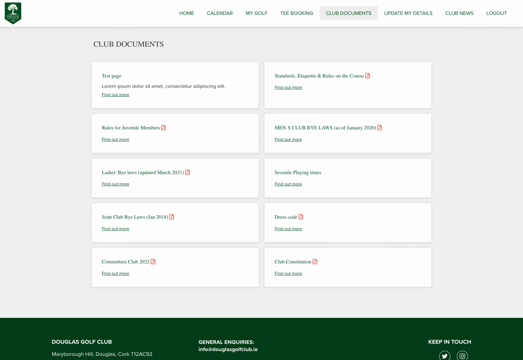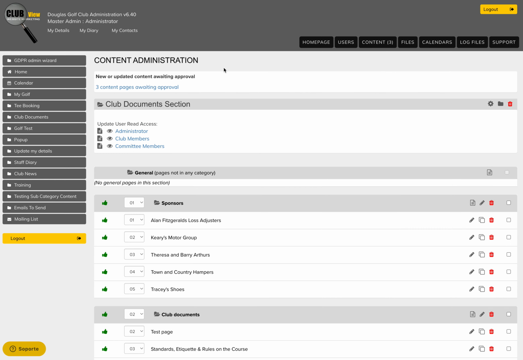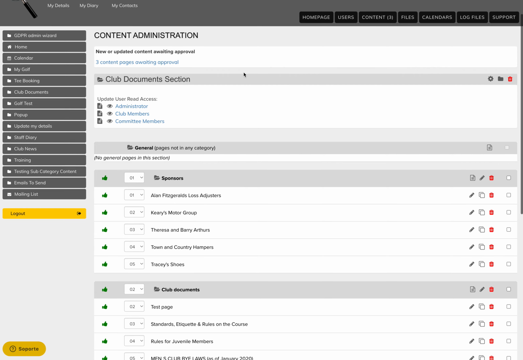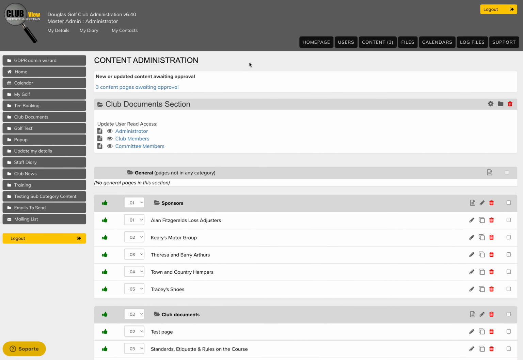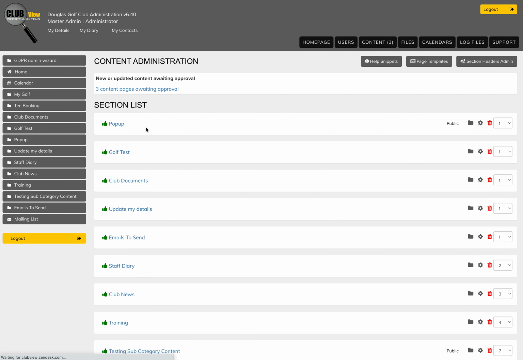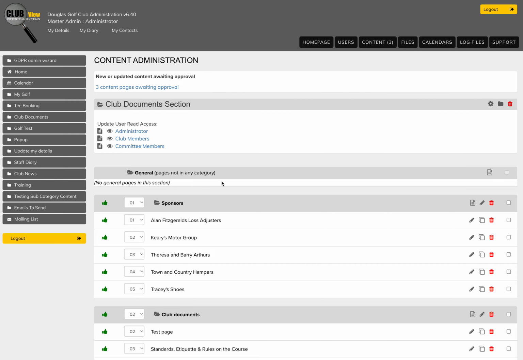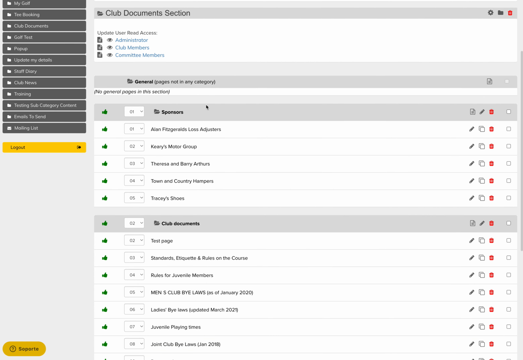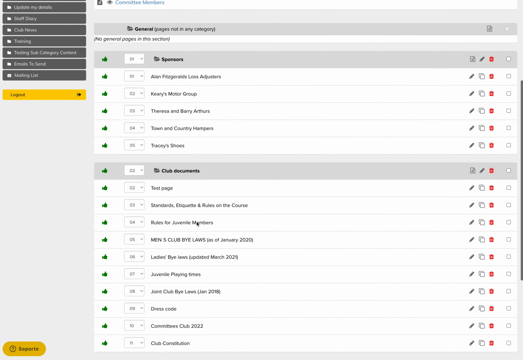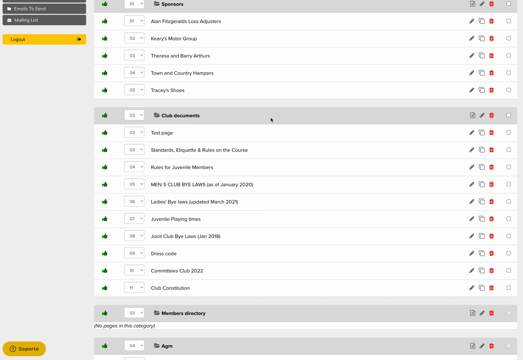So we'll just go into the admin area, and I'm already on the club documents category, so I've got there by going to content and clicking on the club documents, and this gives you your different categories. So the one we're interested in is club documents. We're going to create a new page here, so click on the page icon